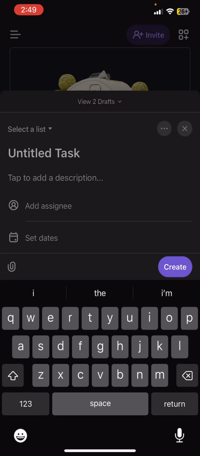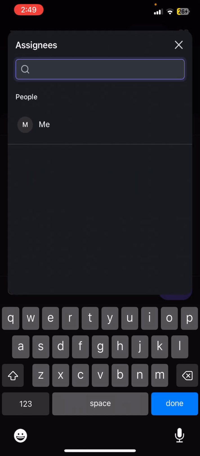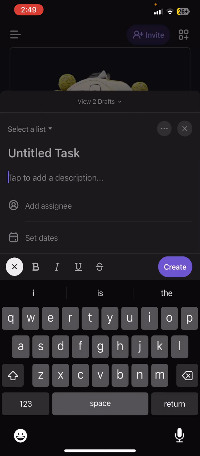Now you can see there is an untitled tag, so you can enter the title of the tag in here, and you can also add the description just down below. You can also add the assignee, which basically means you can assign people in here by tapping on add assignee. So let me close this one for now, and you can also set the dates, and if you want to customize your text, then you can see there are four options: bold, italic, underline, and another one is cancel or delete. So once you complete all the things,